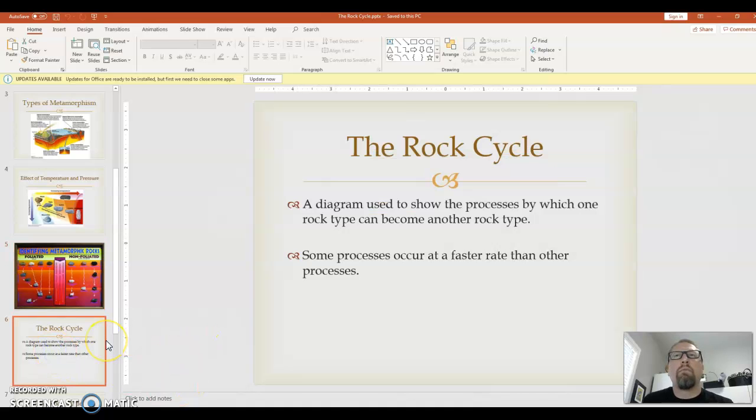All right, and so just a couple things for the rock cycle. Again, I think these become apparent from the gizmo activity. There is no one rock cycle, and this can be confusing for our students because when we think of other cycles,